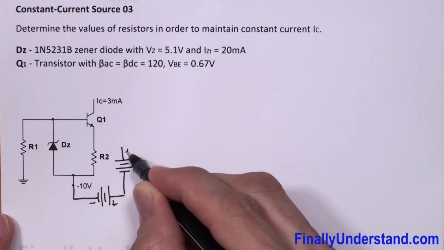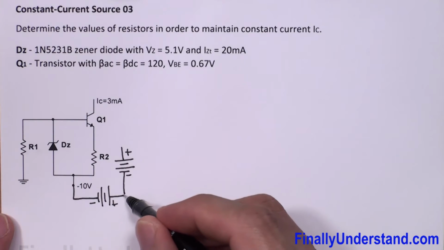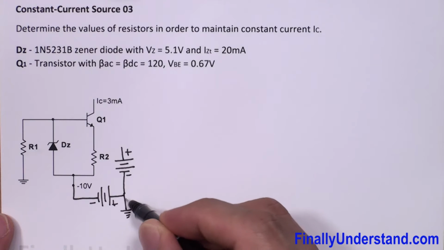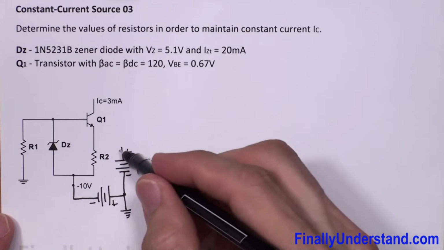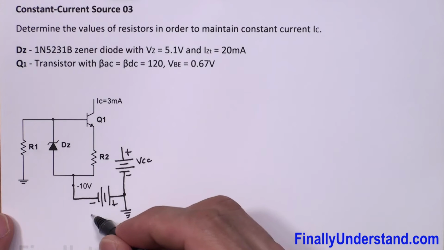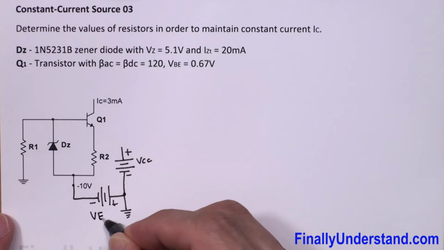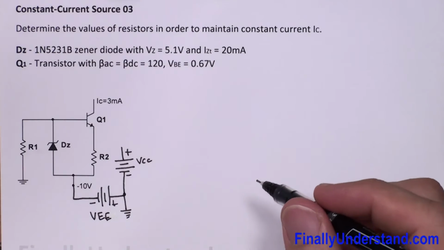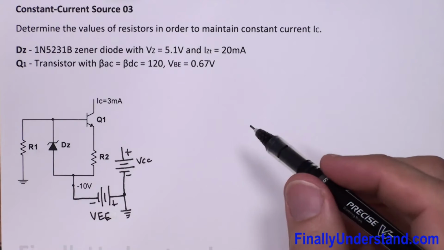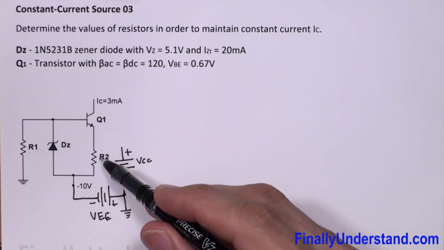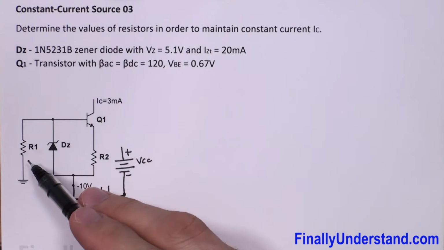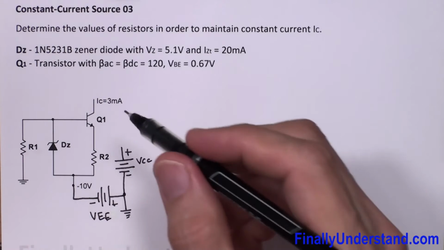This is my positive terminal. This one is negative. This is my ground, and of course the positive terminal of my VCC goes somewhere to the circuit, and this is my VEE. Next, in order to find the value of resistor R2 and resistor R1, I'm supposed to realize that the base